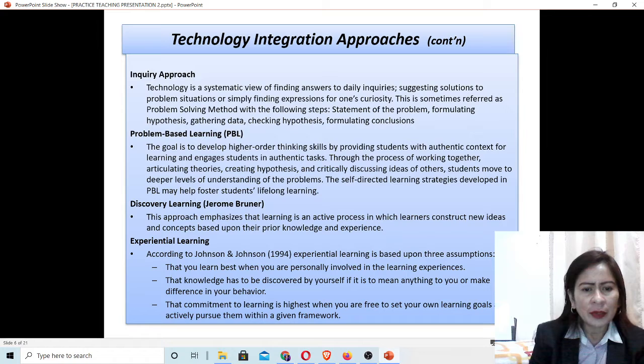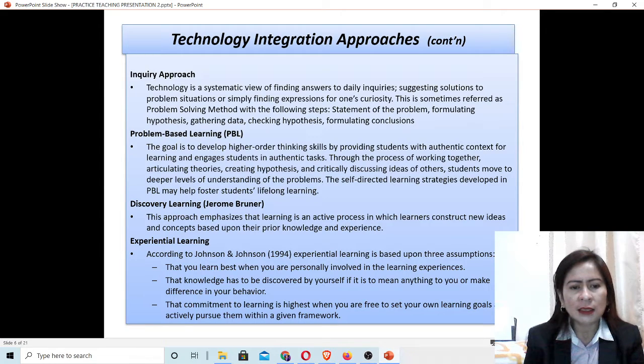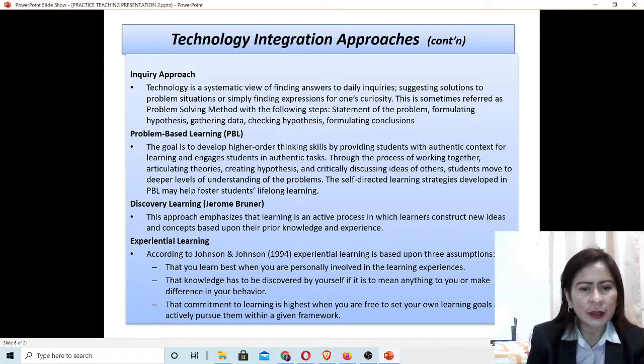Lastly, the commitment to learning is highest when you are free to set your own learning goals and actively pursue them within a given framework.